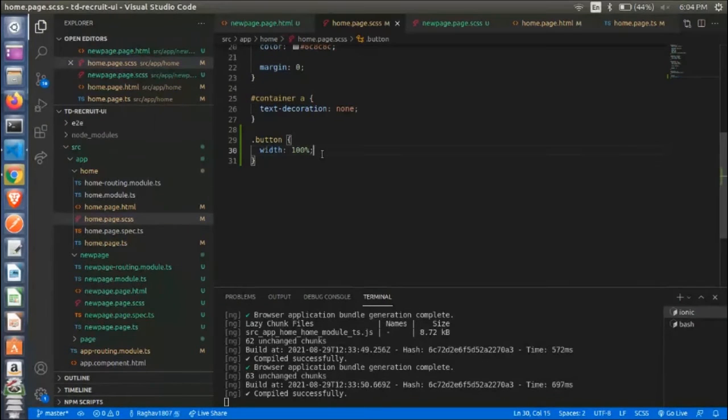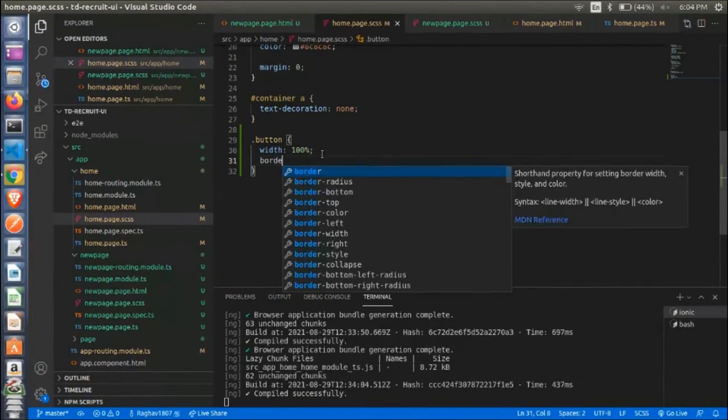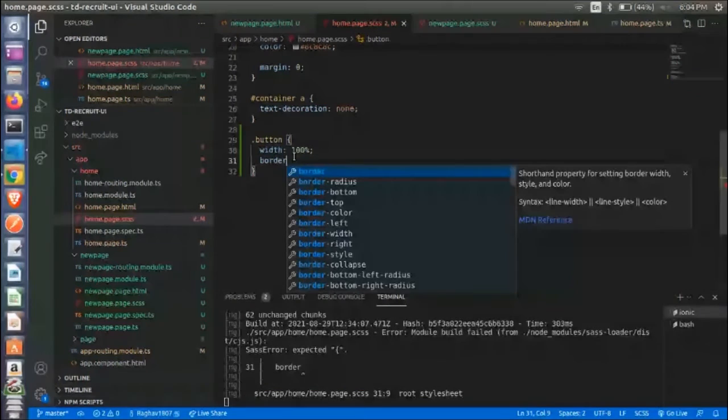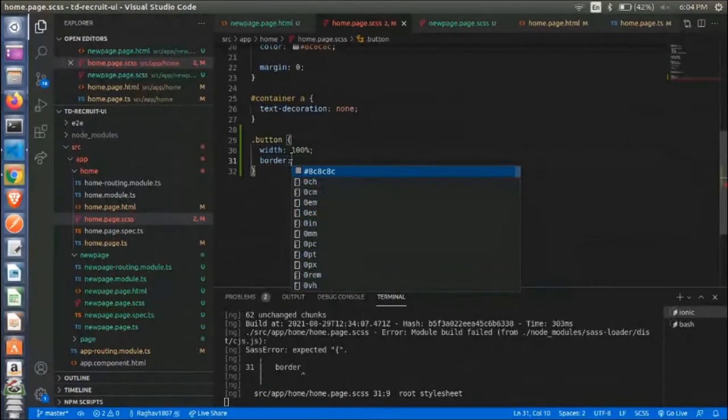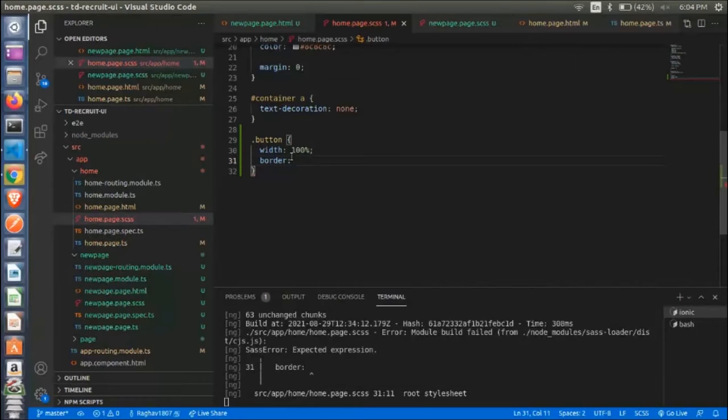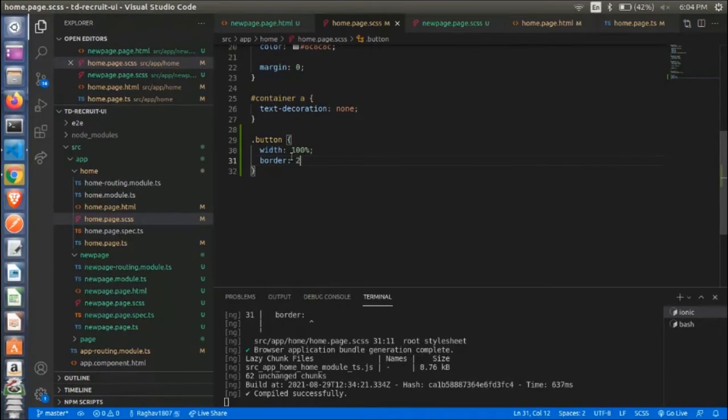Now next, let us add some border to the button. So I specify the argument border colon. As I told you yesterday, the border has three arguments. The first one is the number of pixels, so let me specify 2 pixels.